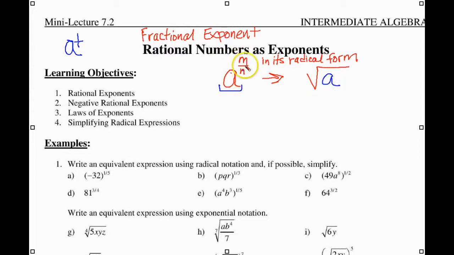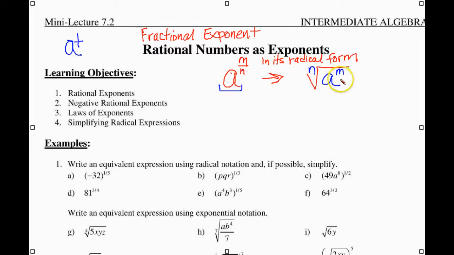Our fractional exponent has a numerator and a denominator. Well, the numerator becomes the regular exponent here. And now the denominator of that fraction becomes our index number